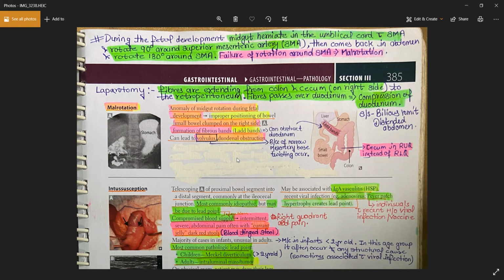I have one question. Yes. Could you please explain what it means, fibers are extending from the colon and cecum to the retroperitoneum? What does that mean? See, behind these bowel loops, you have the retroperitoneum, which is a kind of layer you can see. Just like the peritoneum, it is a membrane-like structure, which is present behind the small bowels or the colon, right? So if I draw the diagram,